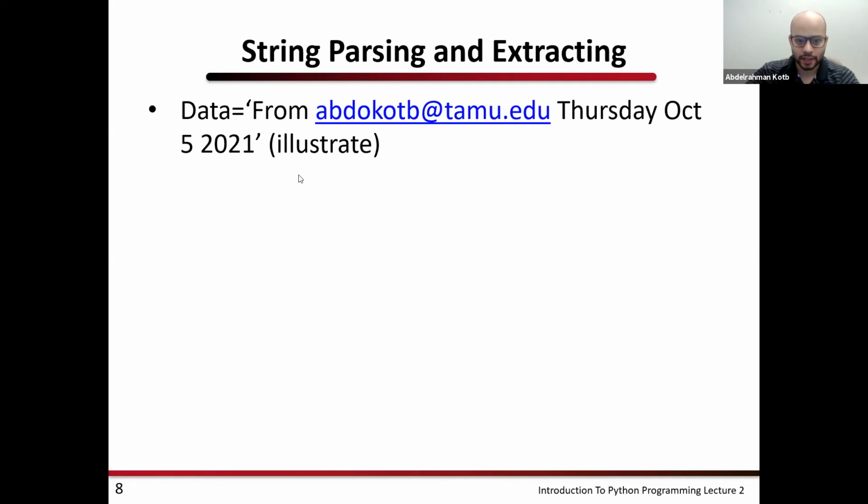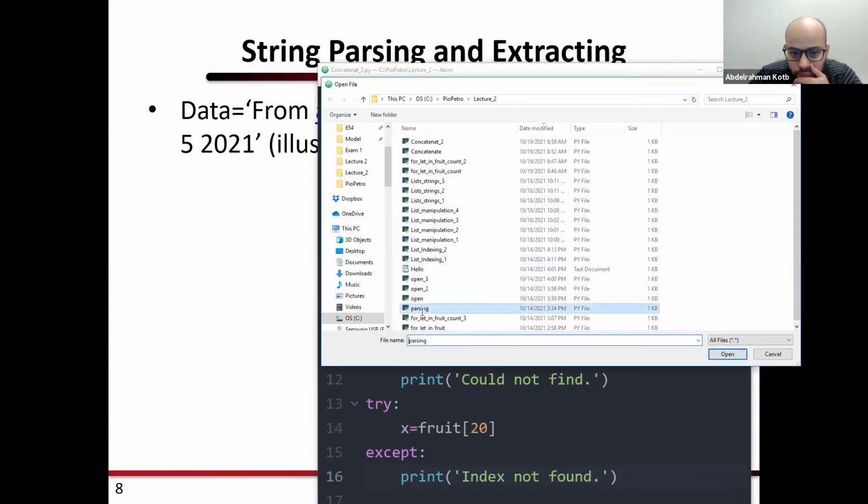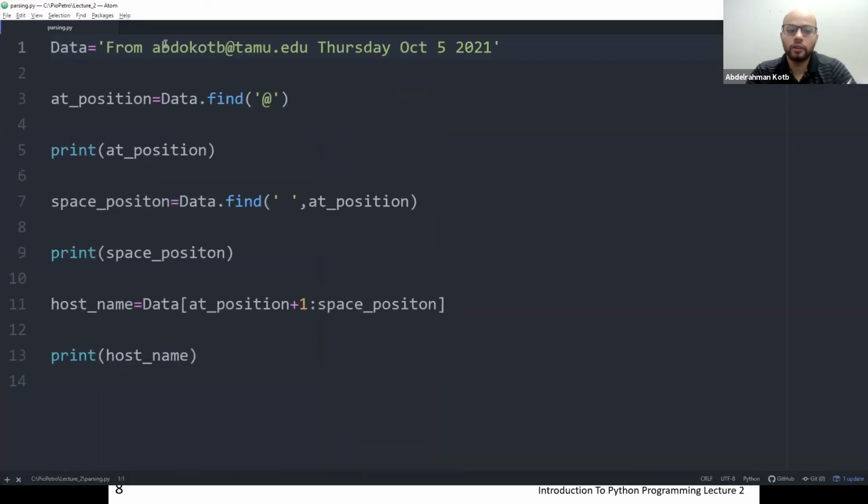So if I look at the examples that we have, parsing. For example, I have this string from my email: Thursday, October 5th, 2021.